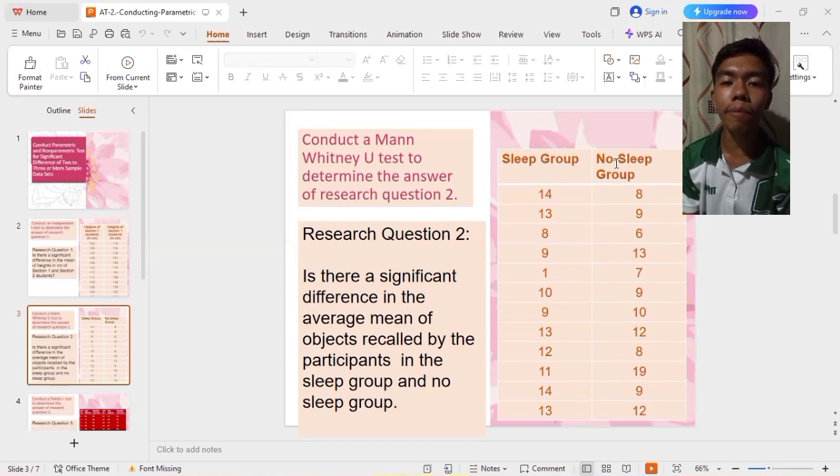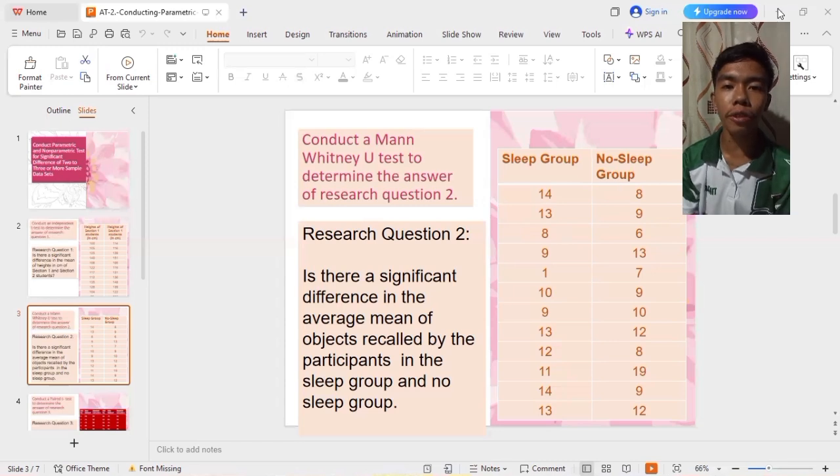We have our sleep group for the first column and the no sleep group for the second column. The sleep group will serve as our data group number 1, while the no sleep group will serve as data group number 2.